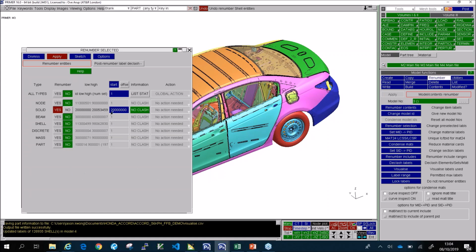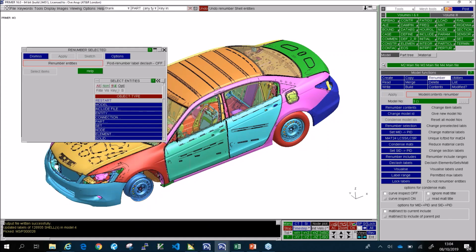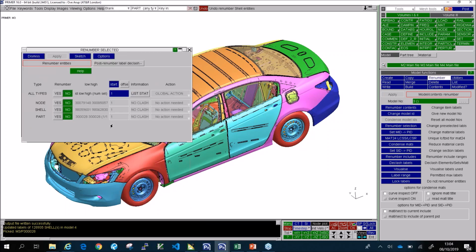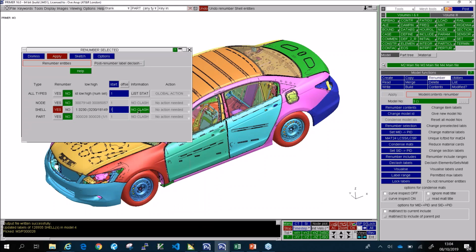So if I make it so that, actually, let me do that again and select a single part so we can create some clashes. So here, you can also do list status. It gives you all of the information from below. So at the moment it's currently on the 98 million range. So if I make that into